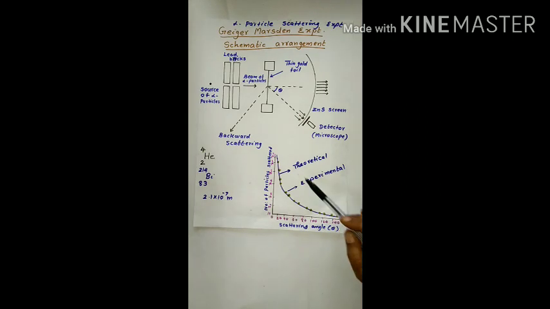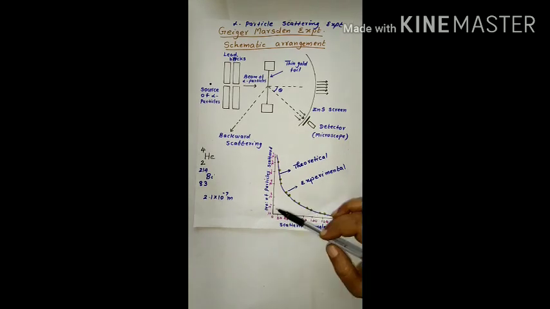So what are the observations from the graph? Here the scattering angle is noted as 0, 20 degree, 40 degree, 60 degree, 80 degree, etc., up to 180 degree. The number of particles scattered is noted as 10 raised to 1, 10 squared, 10 raised to 3, 10 raised to 4, 10 raised to 5, 10 raised to 6, 10 raised to 7. When you are drawing this graph, there is no need to write these angles and powers of 10. Only draw the nature of the graph.